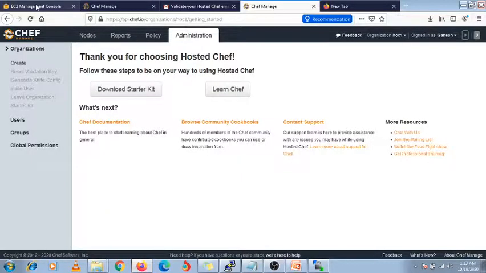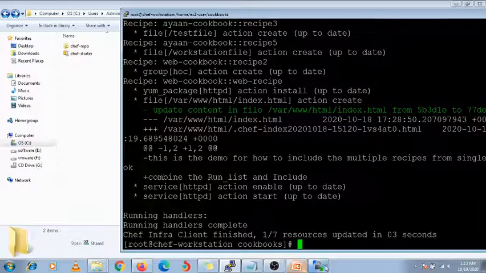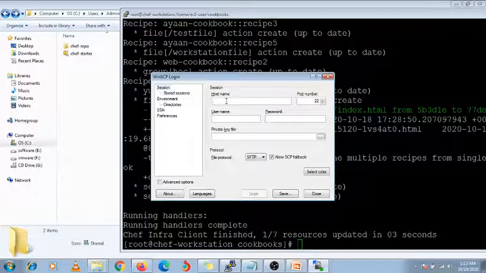I need to check the public IP address of my Linux machine and just paste it. Here I am going to use this user, that is ec2-user.